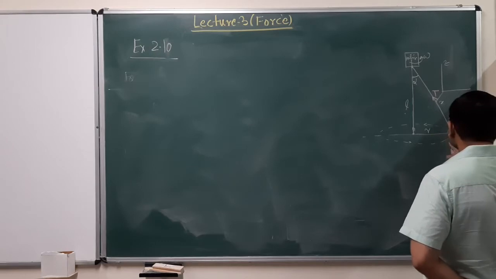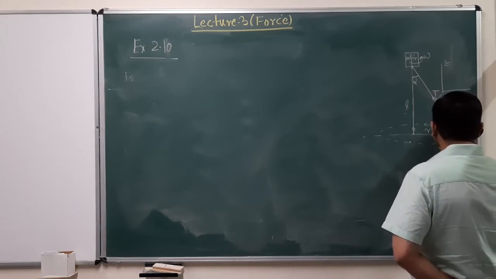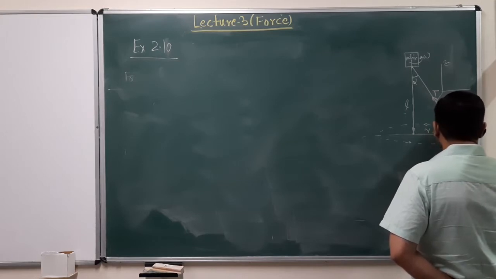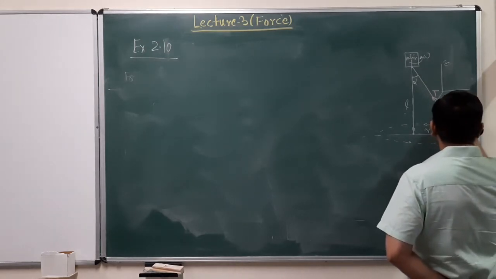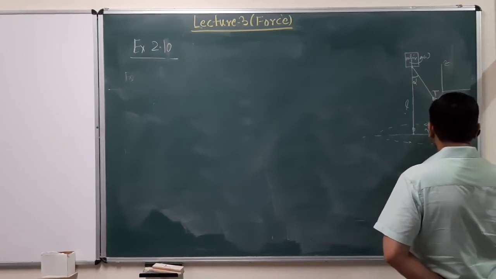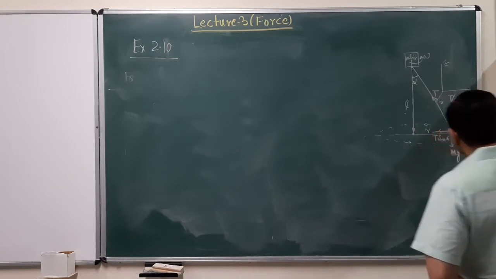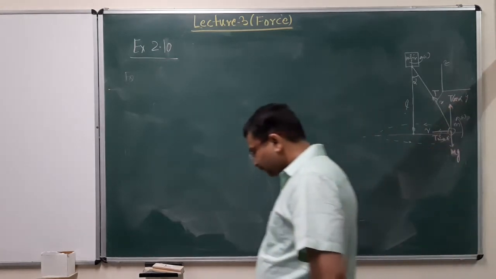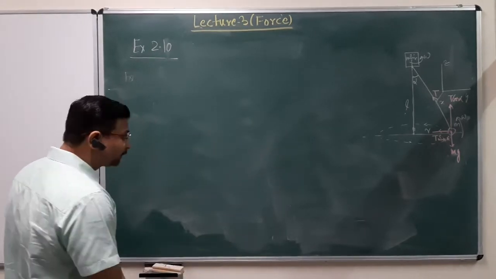And now what we can do is get the components of this tension T in two orthogonal directions, right? So along Z, and let's say along Y in this case. Along Z, this is T cos alpha. Along Y, because alpha is this angle, this will be T sin alpha. So these are the components of tension, right? And now, these are all the forces that we have.